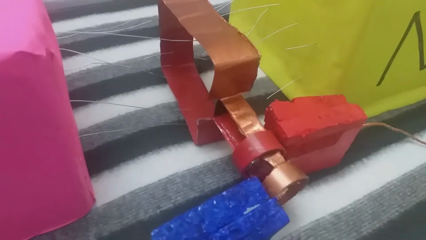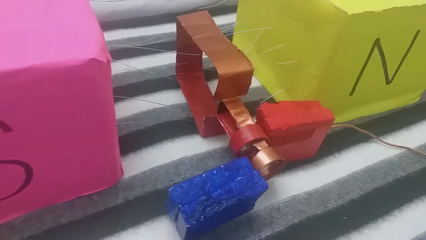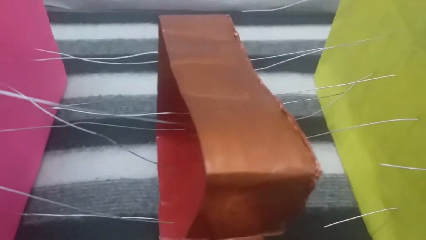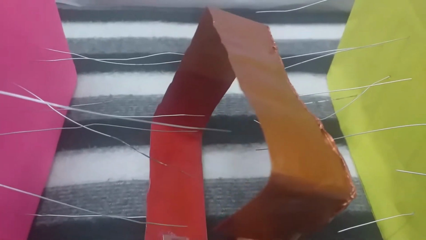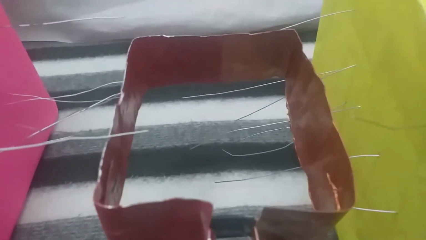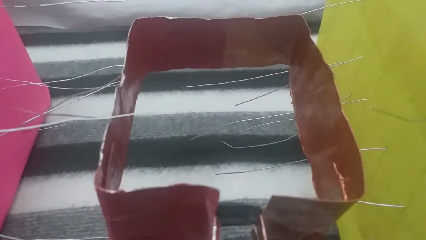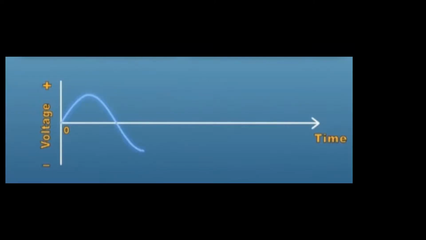Now this is the position of the armature. The armature again rotates in clockwise direction like this. Then current gradually increases, because now the armature cuts the maximum magnetic lines of force at this point. It cuts maximum lines of force, so current is maximum. Now again the value of EMF increases from 0 to maximum, but the graph develops in the downward direction, that is opposite phase. EMF develops in the opposite phase.